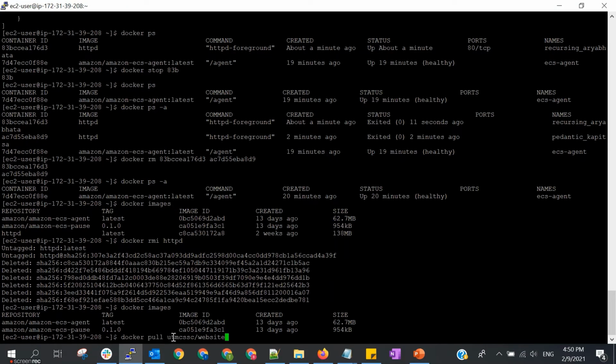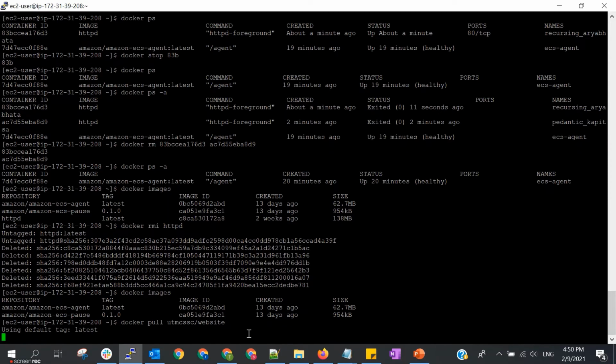Okay, when we run a non-official image, we might need to also add this namespace, the repository name, and then the image name. If it is official, we can just run docker pull httpd because it is official. But for non-official, you need this repository name.